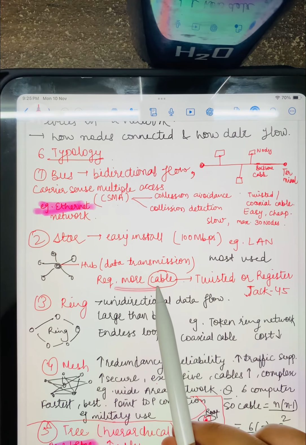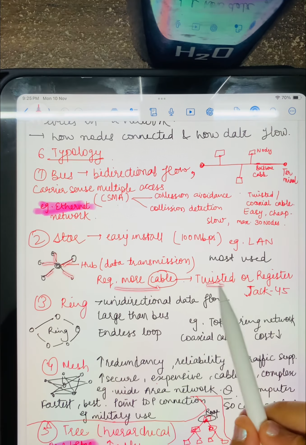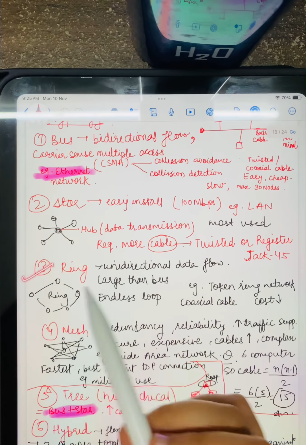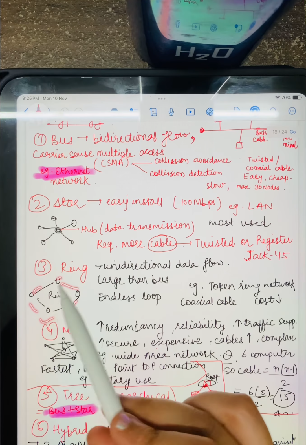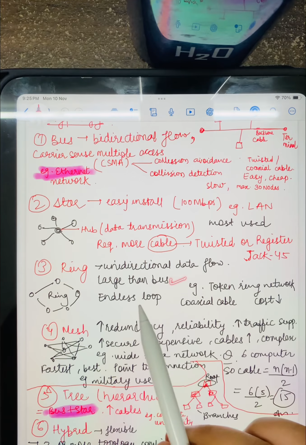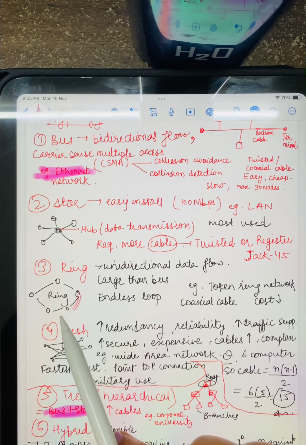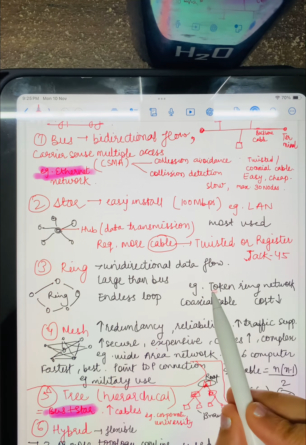So it requires more cables to connect each of these separately, and the cable used is twisted pair. An example is the RJ45 cable. Third comes the ring. See, all of these are connected. It is larger than bus. It is an endless loop because we don't know where it started and where it ends. Example: token